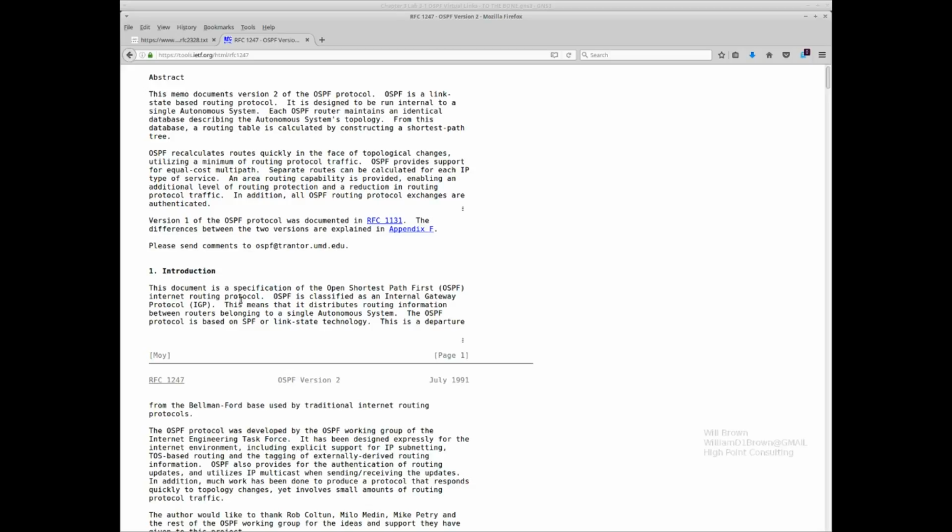I'm just going to hit a couple of the real high points. OSPF is classified as an interior gateway routing protocol, an IGP. This means that it distributes routing information between routers belonging to a single autonomous system. The OSPF protocol is based on SPF, or link state technology, which is a departure from Bellman-Ford, which we saw back in RIPng and RIP.